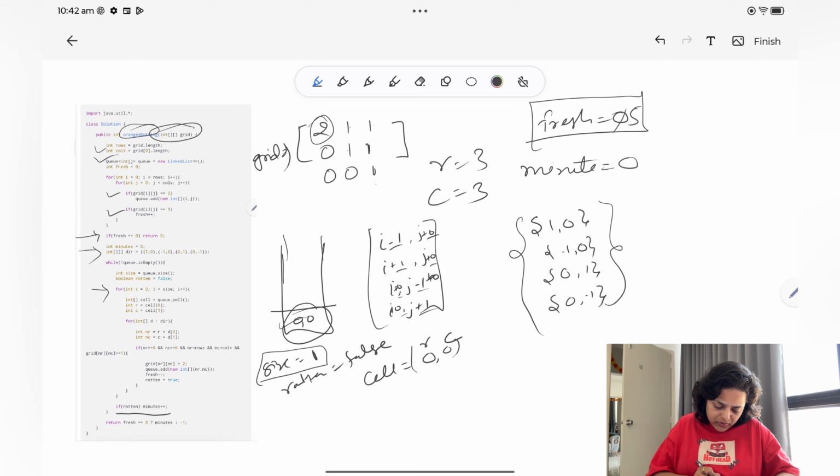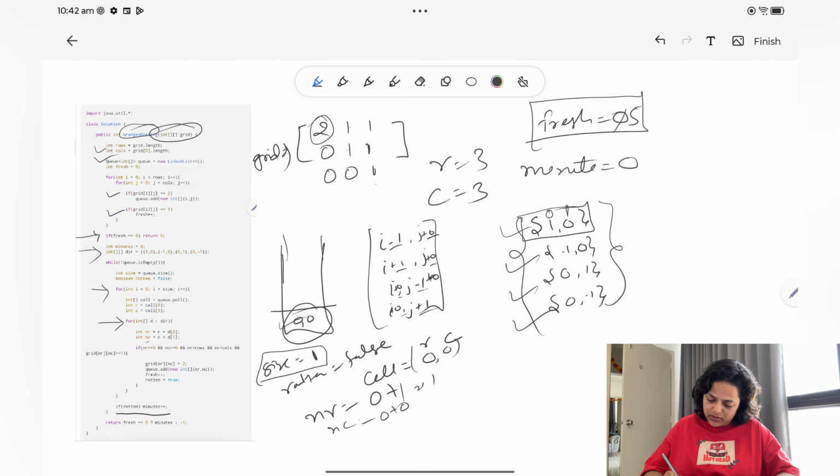For each, you will iterate over this direction array. So 1 2 3 4, we are going to the top, bottom, left and right directions. We are checking neighbor nodes. So new row, new column you will create. If you dry run it, you will get that new row will become whatever actual row plus d of 0. So what is d of 0? This one you have taken. So this is d of 0, d of 1, so plus 1, and nc equals 0 plus 0, so this one will be 1 comma 0. For 0 comma 0 you will first check 1 comma 0, so 1 comma 0 is this one. You will check for that.